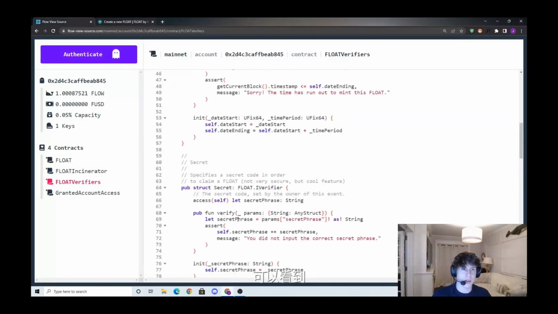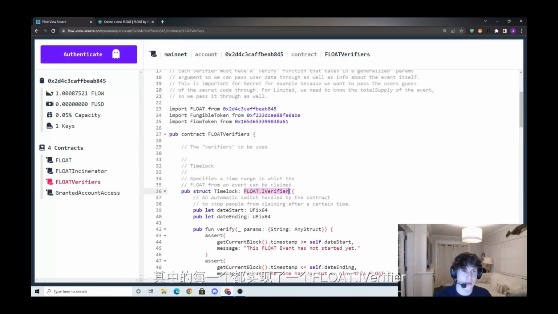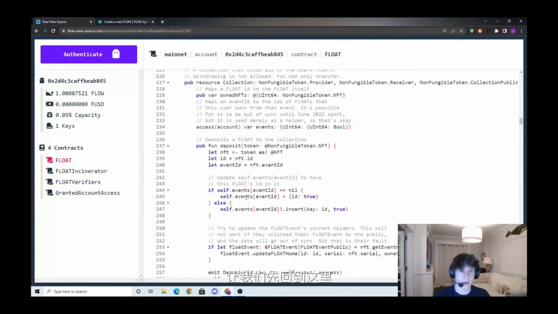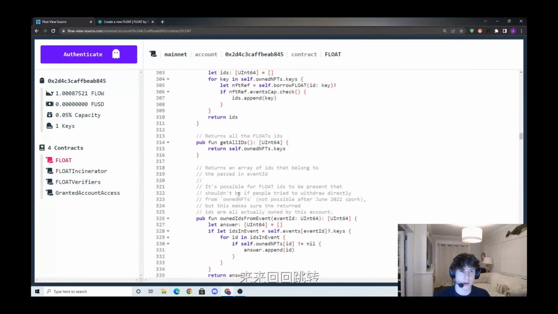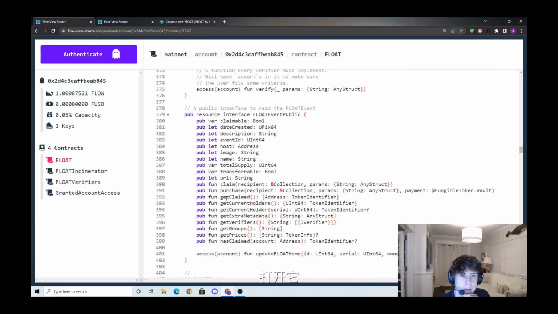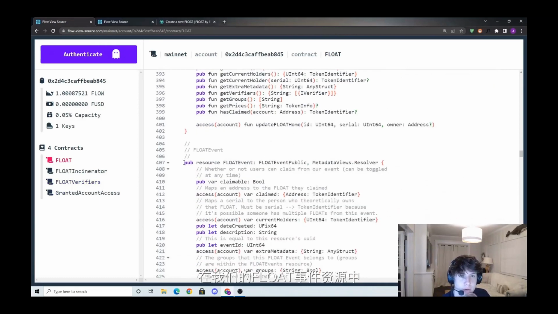So each of these you'll see implements FLOAT.IVerifier. Let's scroll all the way back down here. This might be a little annoying to scroll back and forth, so let me open this in a new tab. So way down here, inside our float event resource, which is a resource for a certain float event,